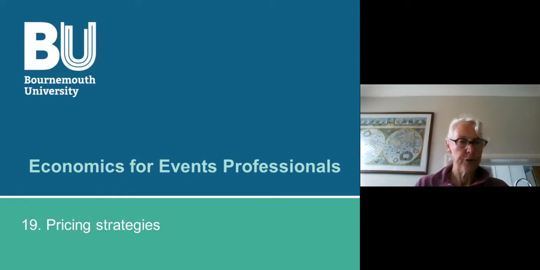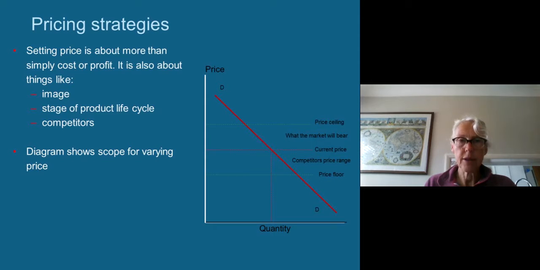So, to finish off the series on profit maximisation and the market equilibrium, I just want to try to set some of this in context for pricing strategies. If you look at the graph on the right-hand side there, you can see the demand line. Obviously demand goes down as price rises, and you can see there I've put in a line which gives an indication of a current price.